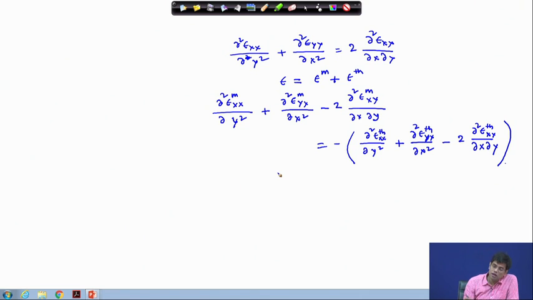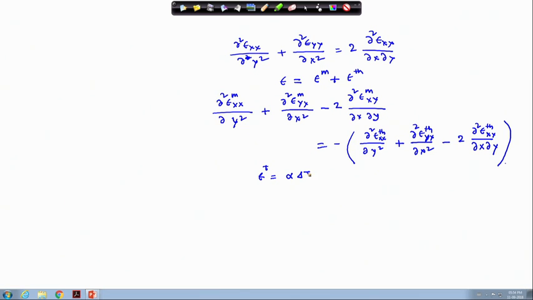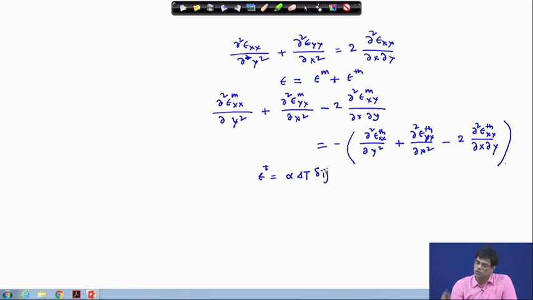For instance, thermal strain, we know that epsilon thermal is alpha delta T. So alpha is your coefficient of thermal expansion, and this is delta ij. So that means this quantity will be 0, this quantity will be 0 finally. So, this is the compatibility equation in the thermal